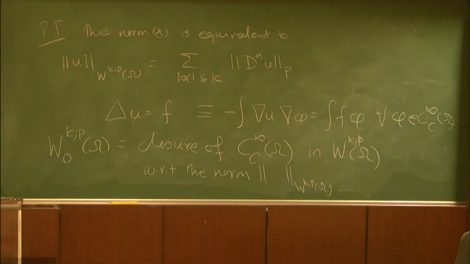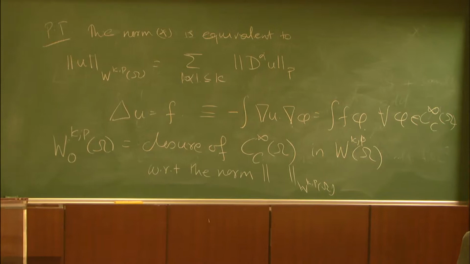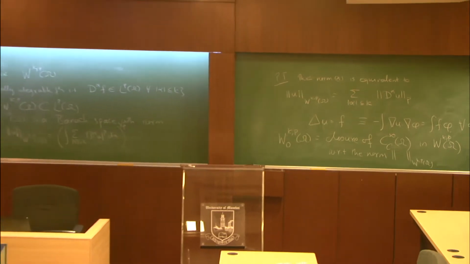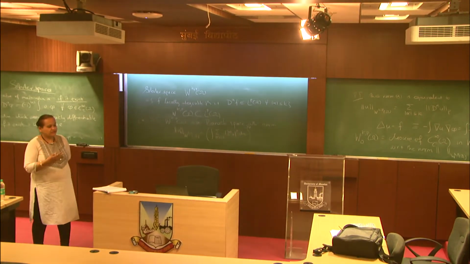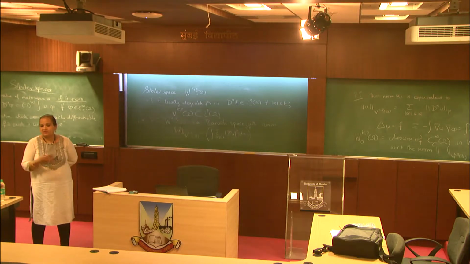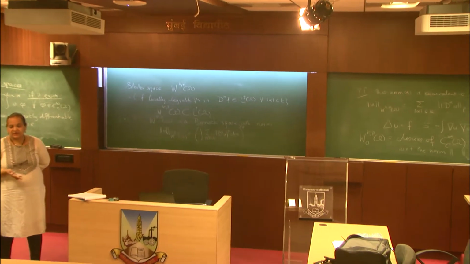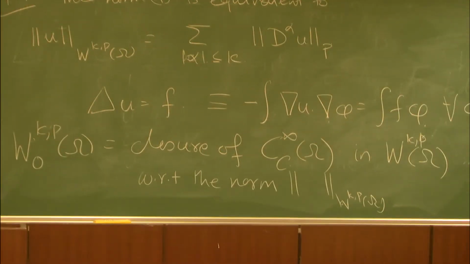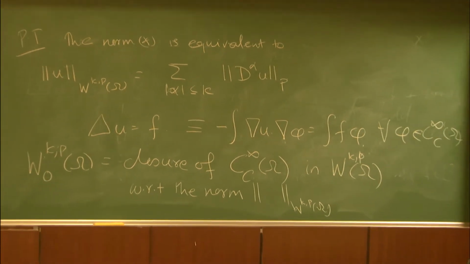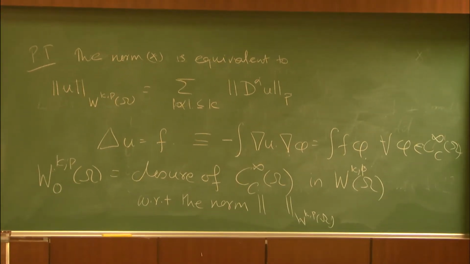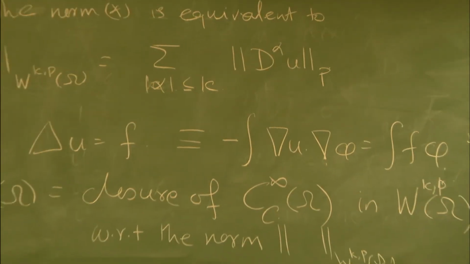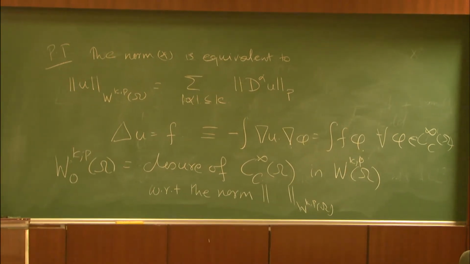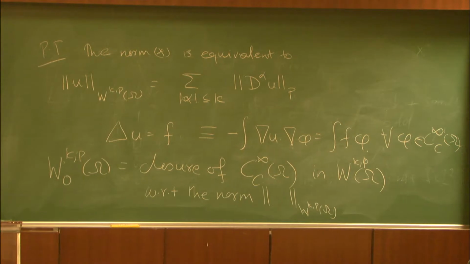So what do you mean by closure of a set? Limit points, right? What I'm saying is we already know the C infinity functions with compact support are contained inside W k,p, this particular Banach space, and we are going to take the closure of that particular set with respect to the distance function, which is defined using this particular norm. So W0 k,p of omega is going to be a subspace, and by definition it is a closed subspace of